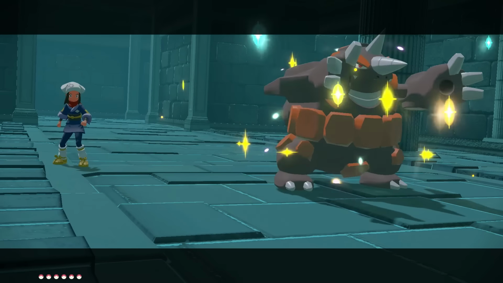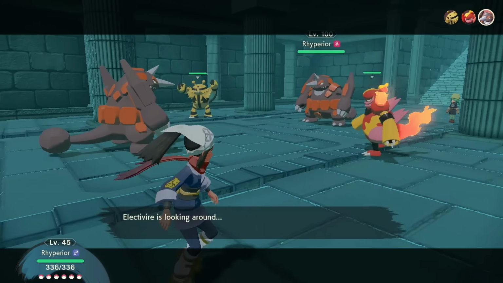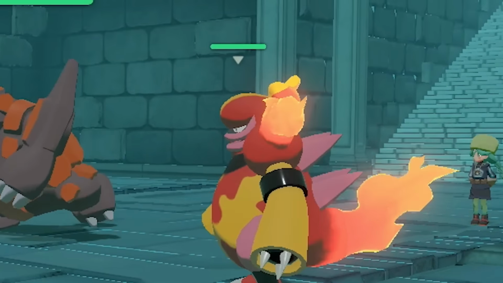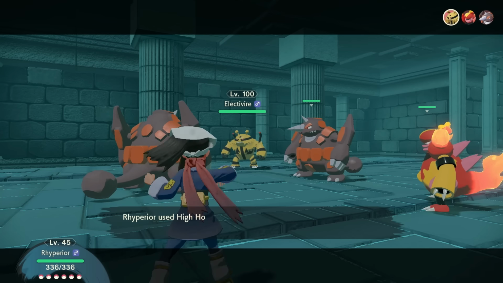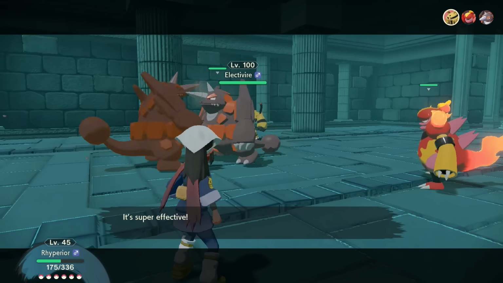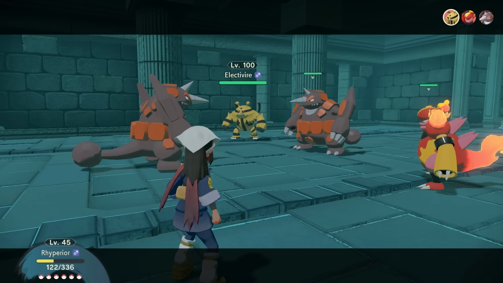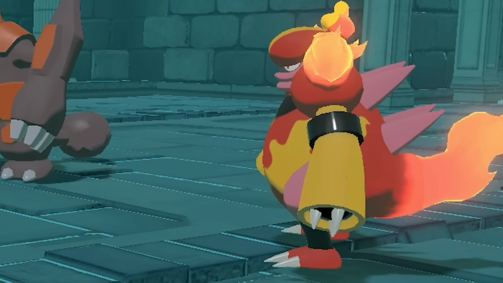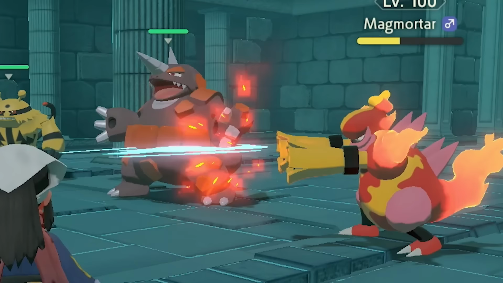We lead with Rhyperior, and miraculously on the first turn, both her Electivire and Magmortar choose to skip their turns and take in their surroundings. Unfortunately though, our first high horsepower misses, but we're able to live through a high horsepower from the opposing Rhyperior and immune our way through a Thunder Punch from Electivire. Then Magmortar skips its turn again, so we're able to smack it with the high horsepower before losing our Rhino